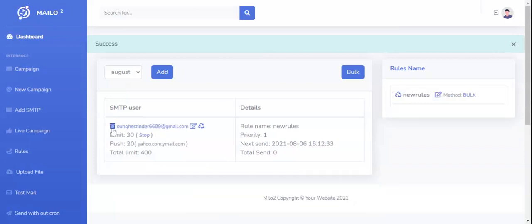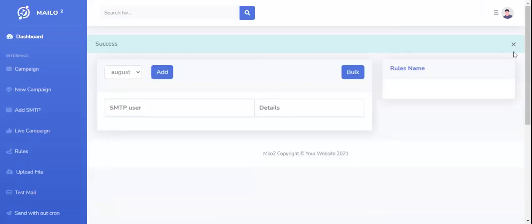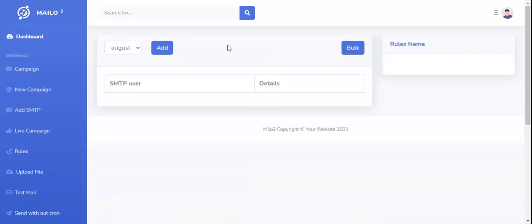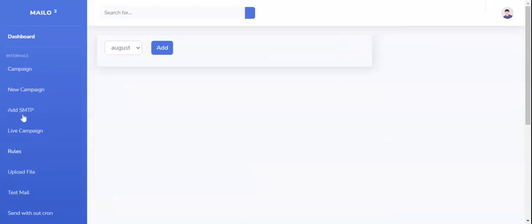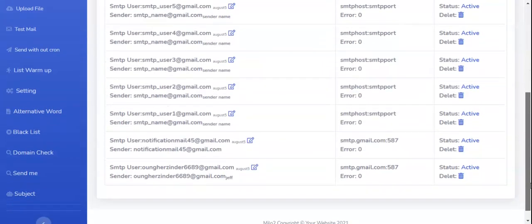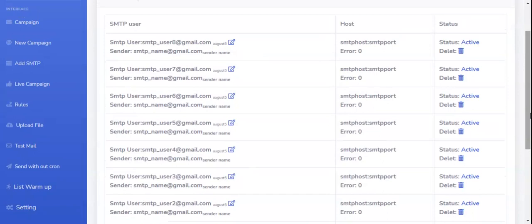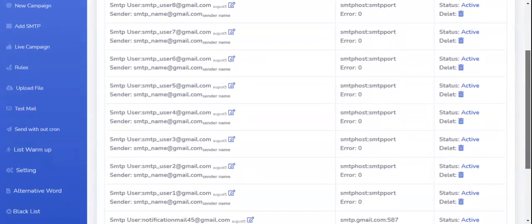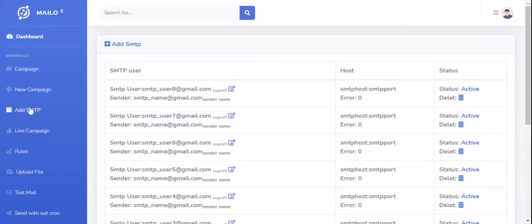There is another process to add very easily, the bulk method. If you have 50 or 30 or 40 SMTP, it is very difficult to write rules manually one by one. Then it is a very simple process.